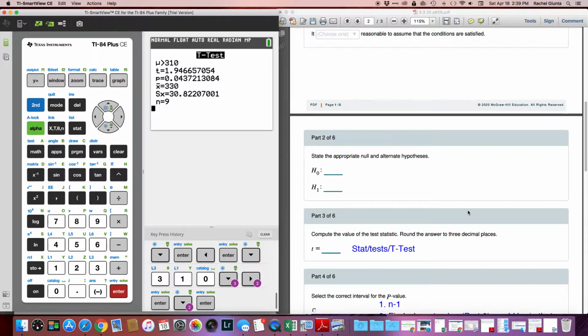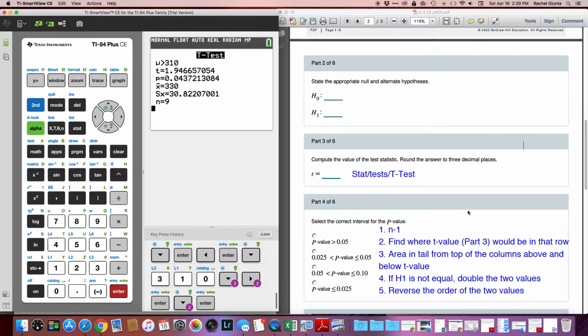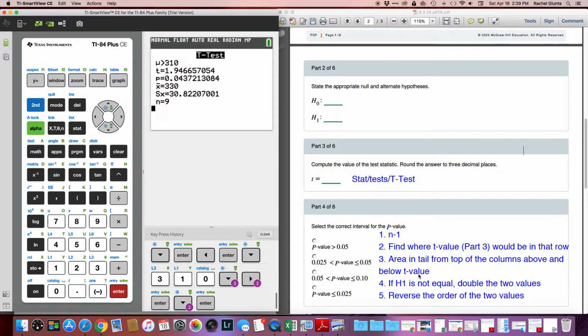And then it wants the correct interval for the p-value. I don't think you ever had this as a homework question. There may have been something like this on one of the quizzes and it hadn't been on a homework, so you probably still have no idea how to do this. And it's kind of a pain, but you need to use that